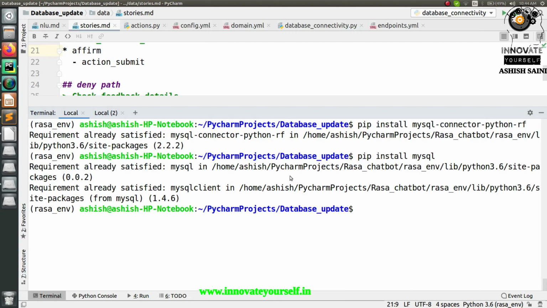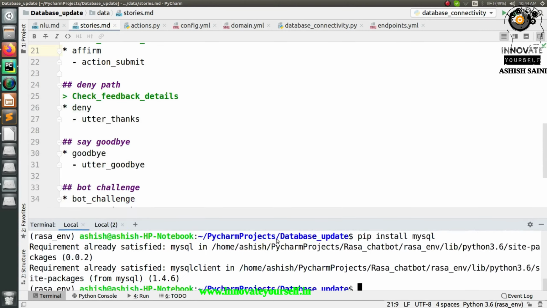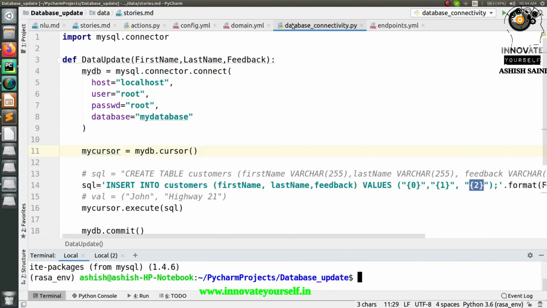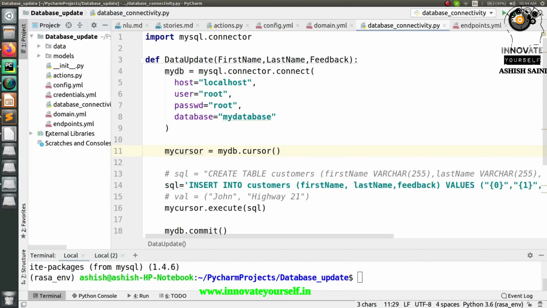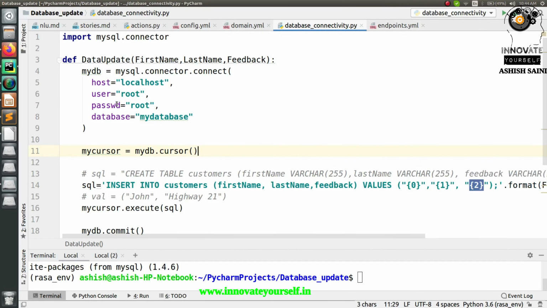Now let's start with the programming for MySQL to store the data into the database, right? Let's go back, and here you can see I have already created one file, and that file is present here where your actions file is. Inside this, firstly I am simply calling import mysql.connector. This is the connector part, because this will be used to connect your project to the existing database which you have installed on your system, right?